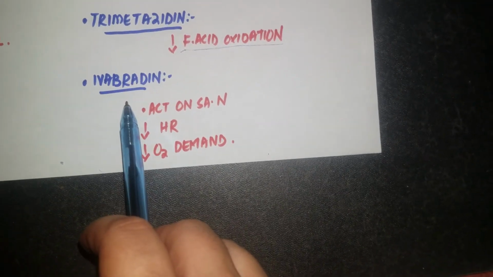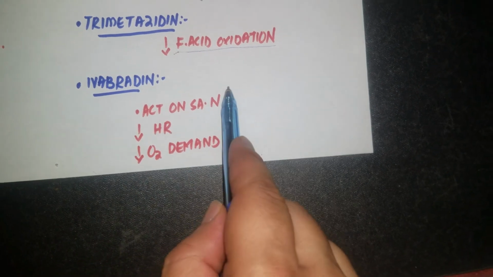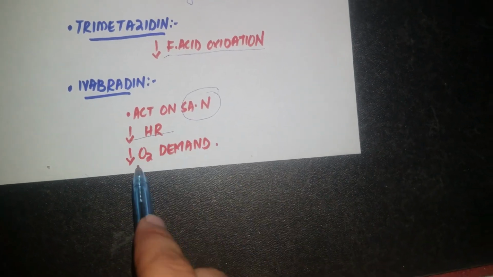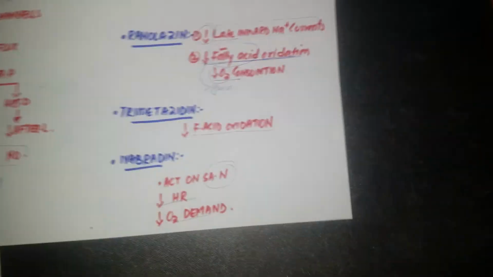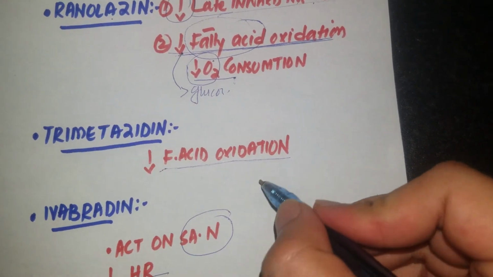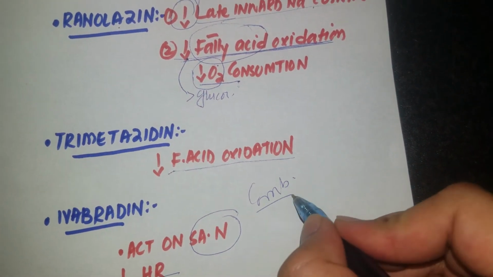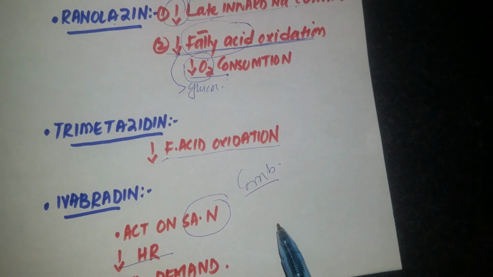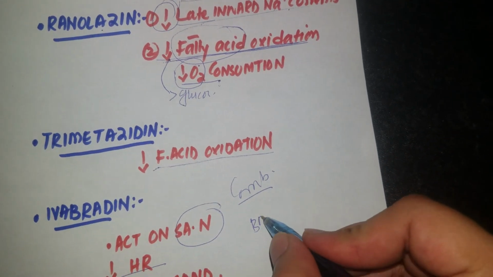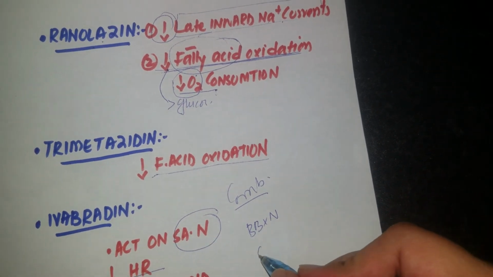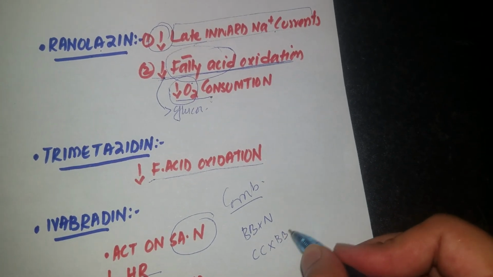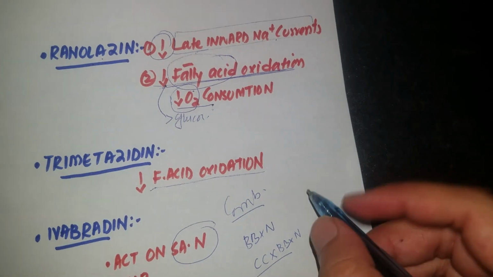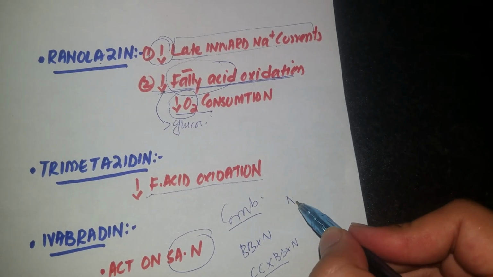The fourth one is ivabradine. It acts on the SA node, so it decreases the heart rate and the force of contraction and will decrease the oxygen demand. I will discuss a point here that these drugs are used in combination. Like we use beta blockers with nitrates. We use calcium channel blockers with beta blockers and nitrates for severe cases. Don't use nitrates with